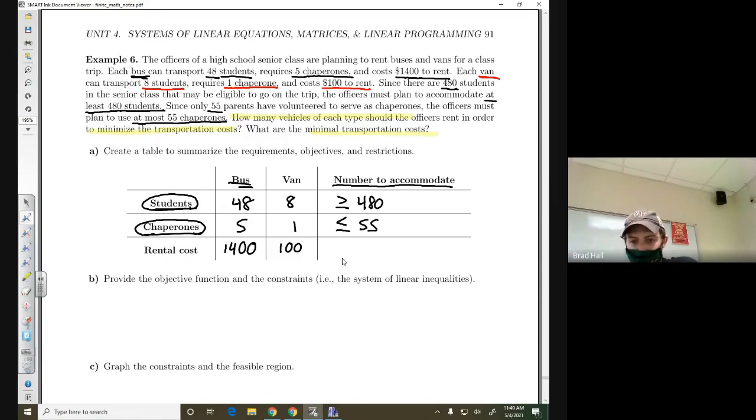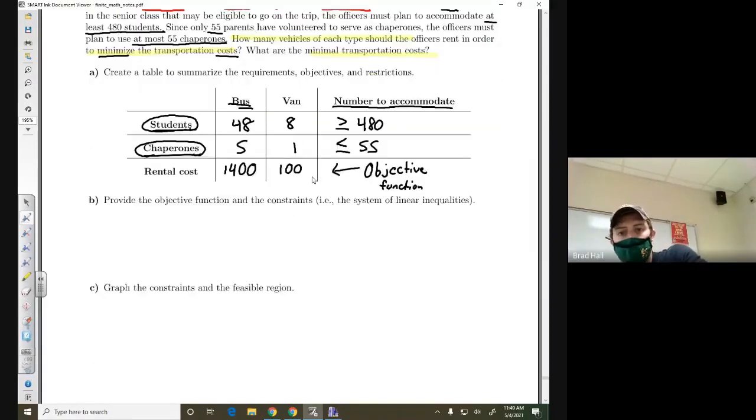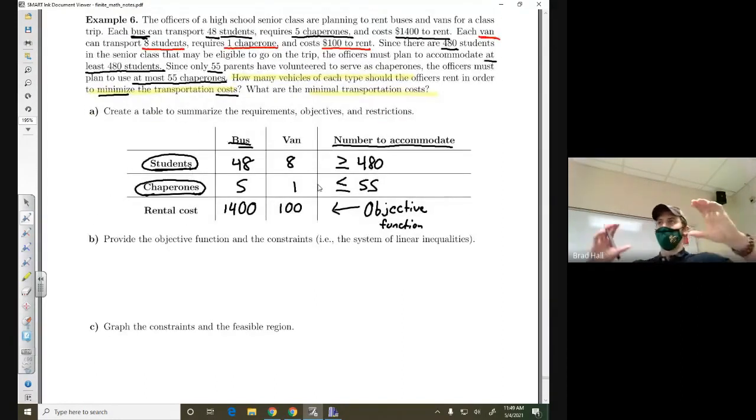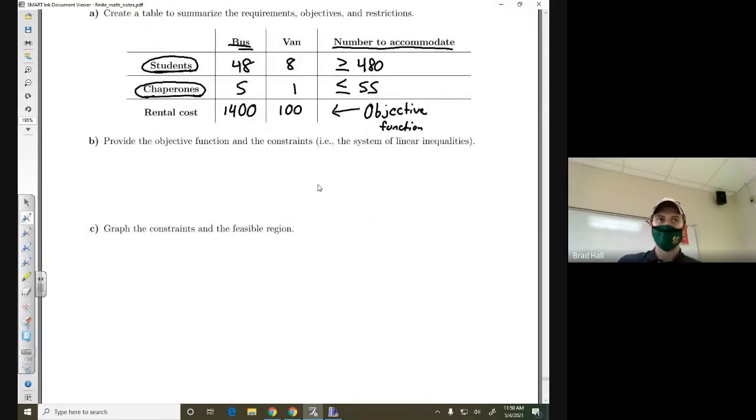We'll see that momentarily. And so there's nothing really about rental cost. If we keep reading, we want to minimize the cost. Since we're minimizing the cost, that means that the rental cost is the objective function, because that's what we're trying to minimize here. And so now we've taken that whole paragraph with all of these numbers, and we've put everything into a nice convenient table. So I'm going to go ahead and scroll past this paragraph here